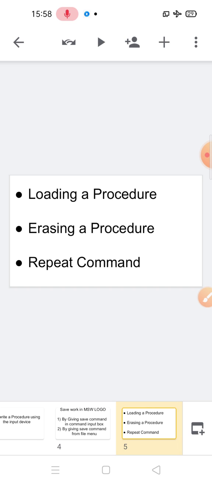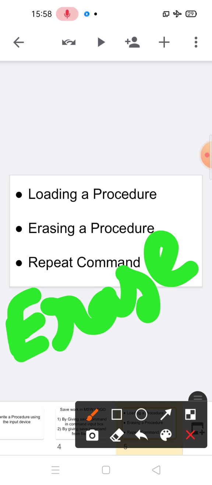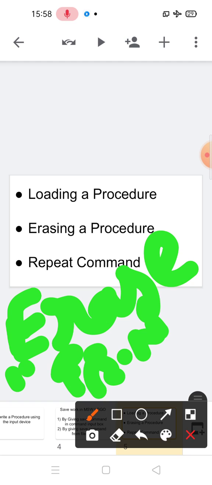Next is erasing a procedure. We can erase a procedure using the following syntax: ERASE, then the procedure name, and Enter. Here you can see.